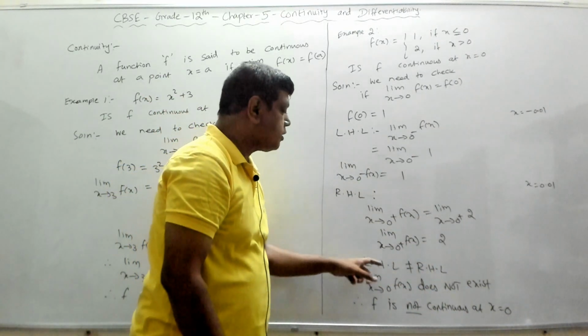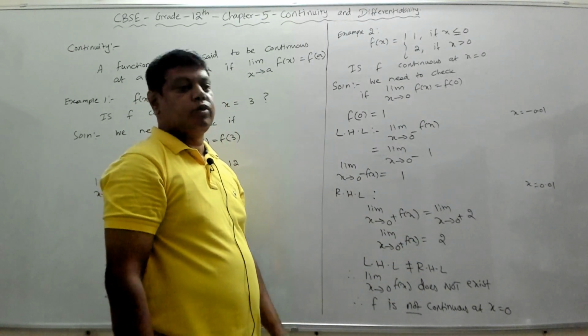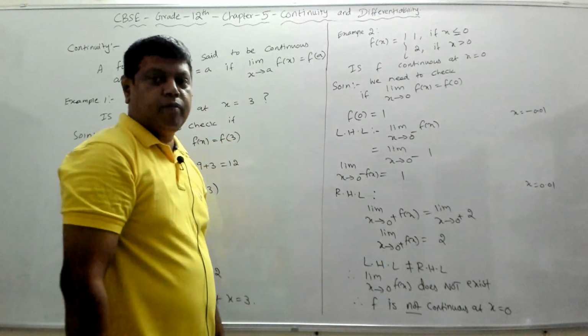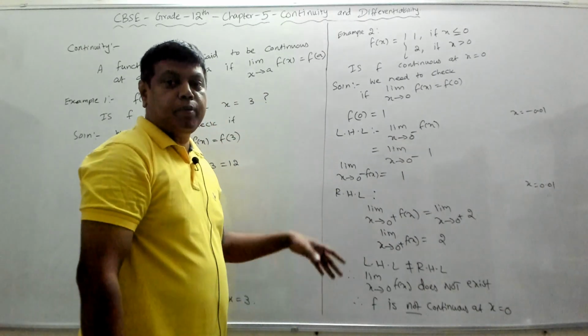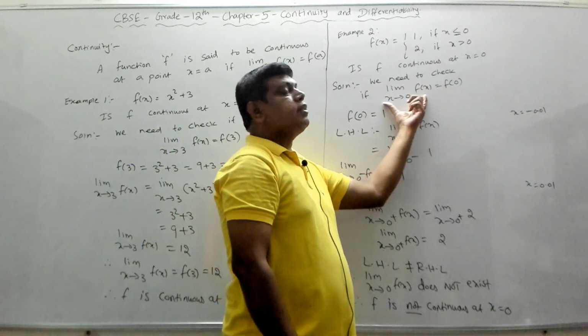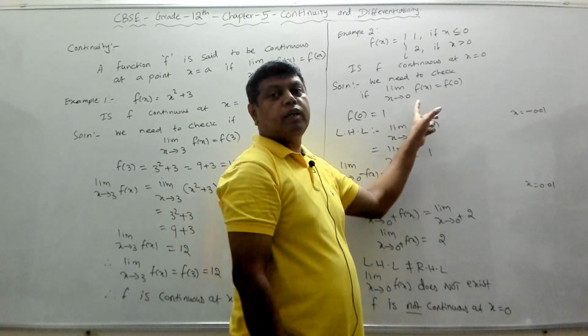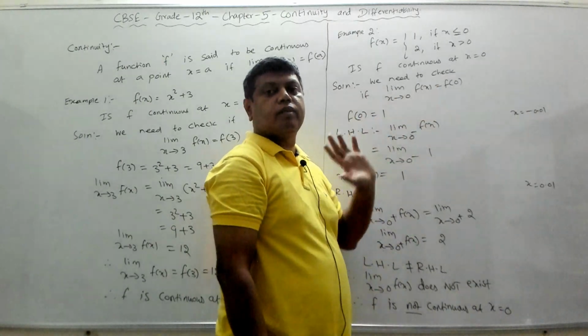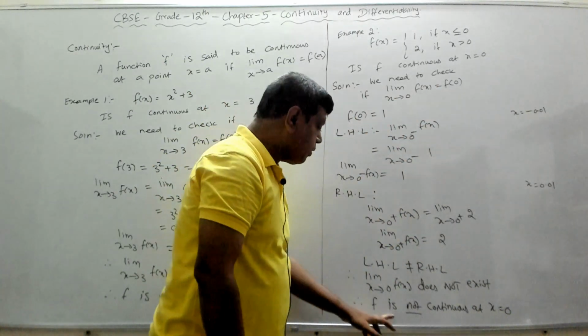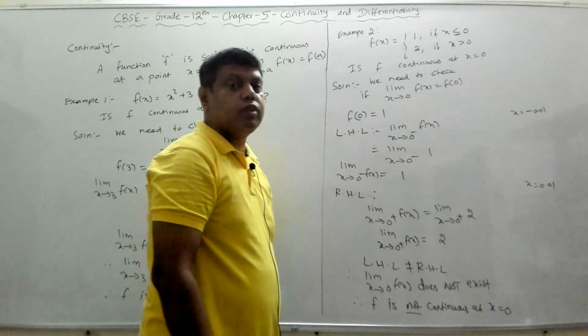Because your left hand limit is not equal to right hand limit, therefore the limit does not exist. When the limit does not exist, we cannot find this. Therefore we cannot say this and this are equal, because this does not exist. Therefore we can say f is not continuous at x equal to 0 because this condition